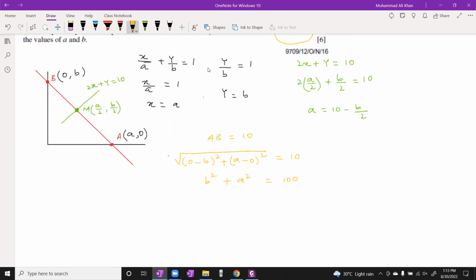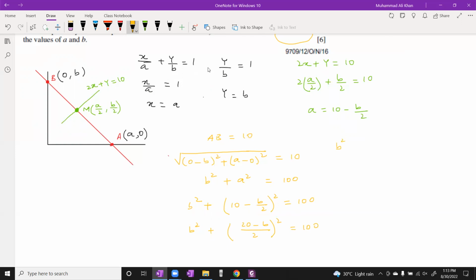क्या हमारे पास a की value 10 minus b upon 2 है? अगर मैं यहाँ a की जगह 10 minus b upon 2 रख दूं, तो b square plus (10 minus b upon 2) whole square equals 100. अब simplification है, अगर 2 से LCM लिया जाए तो 20 minus b whole square equals 100. हमने a को subject बना के a की जगह पर रख दिया, b आ जाएगा।